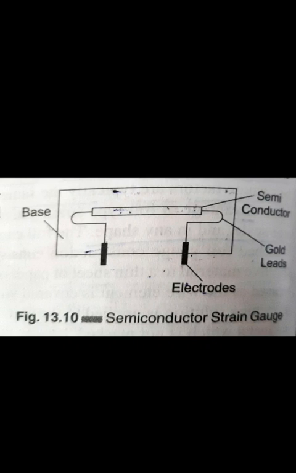A typical strain gauge consists of the strain material and the leads that are placed in a protective box. Gold leads are generally used for making contacts. This strain gauge can be fabricated along with an IC operational amplifier, which can act as a pressure sensitive transducer. The larger gauge factor is accompanied by a thermal rate of change in resistance approximately 50 times higher than that of the resistive gauge.